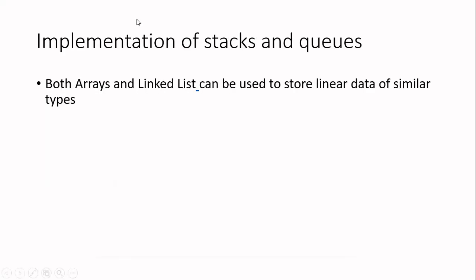Next, how are we going to implement stacks and queues? In the previous unit, we have seen stacks and queues. In all the places, I told you that you can implement them in 2 ways. One is by means of an array, another by means of a linked list. And we have seen the array-based implementation for all of them. So the stacks and queues can be implemented either by means of arrays or by means of linked lists. In this unit, we are going to implement them by means of the linked list.